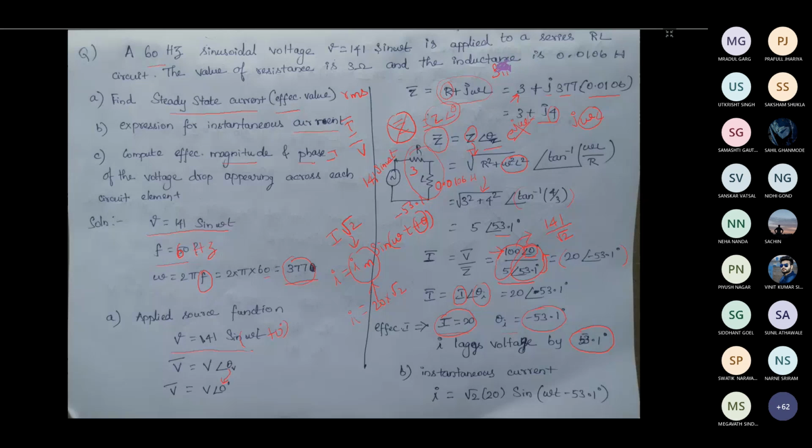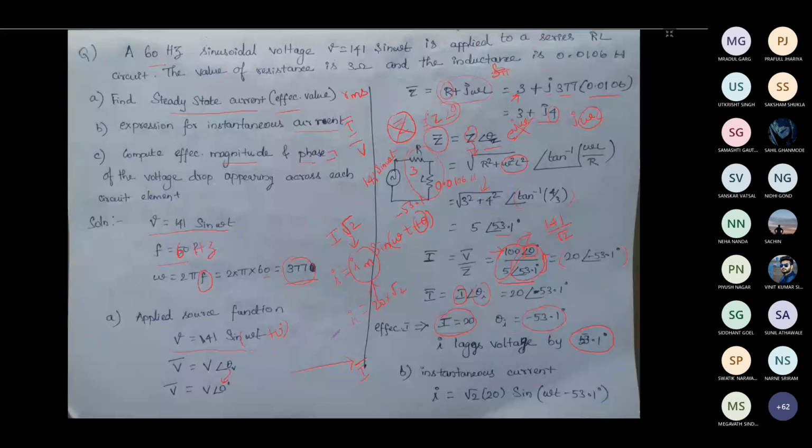Okay, don't confuse with that. Here we don't have this rotation parameter. It is just to represent that it is having both magnitude and angle. So if you have drawn the phasor diagram, we are taking I as a phasor, I as the reference, because it is a series RL circuit. So the I phasor you can draw.